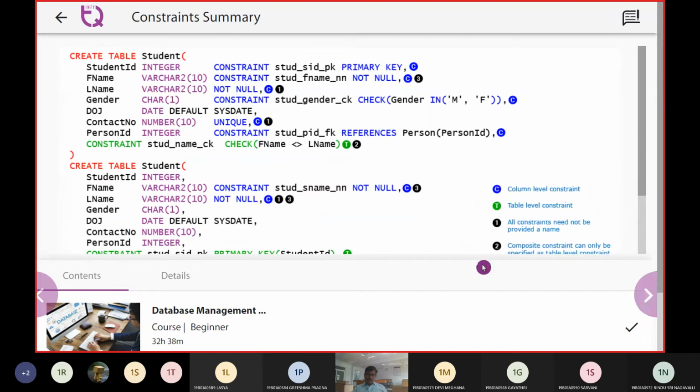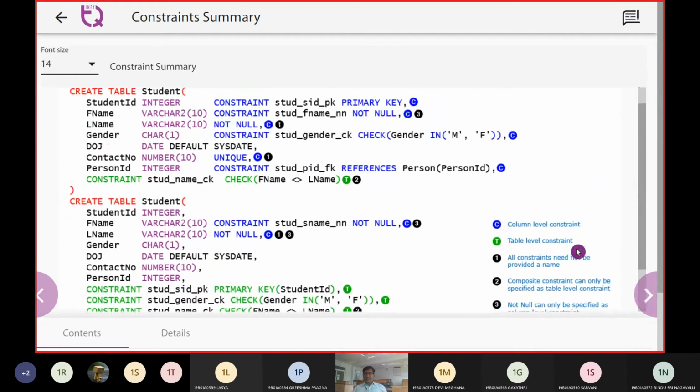So let us holistically look at an example which talks about the number of constraints applicable on a table. For instance, let us take a student table with student ID, first name, last name, gender, date of joining, contact number, and personal ID, and the constraints are taken up.